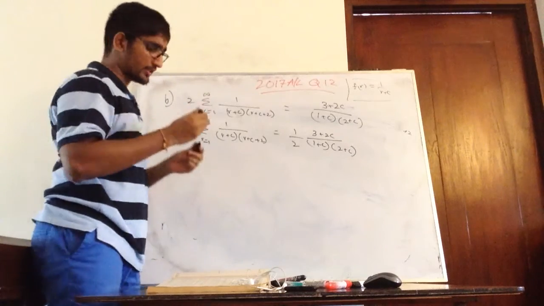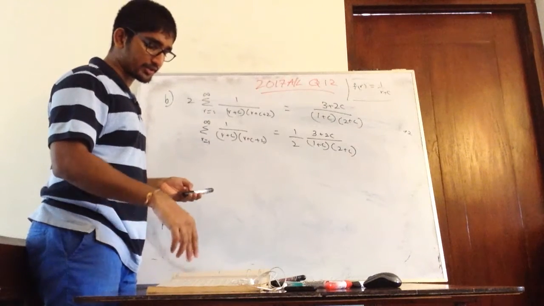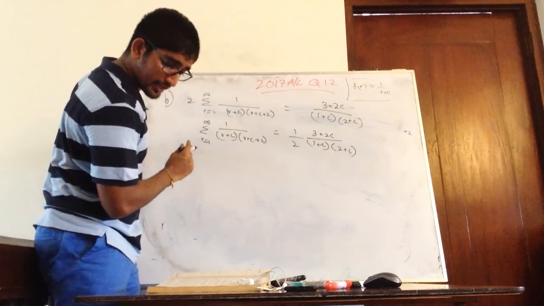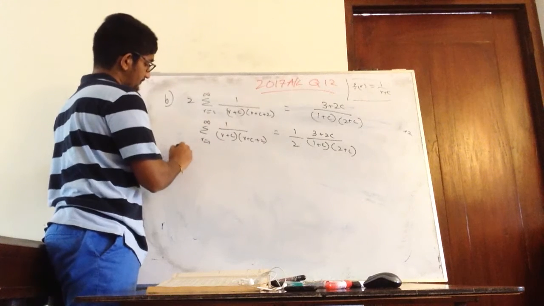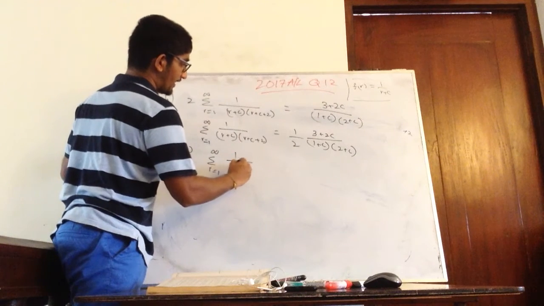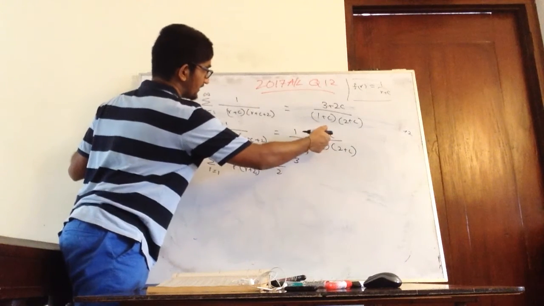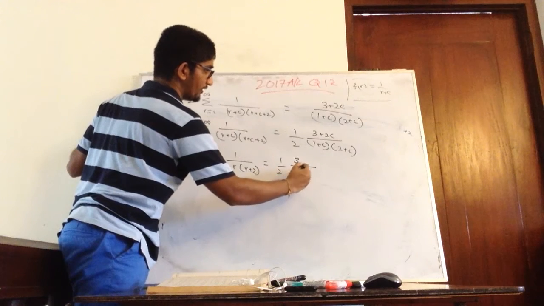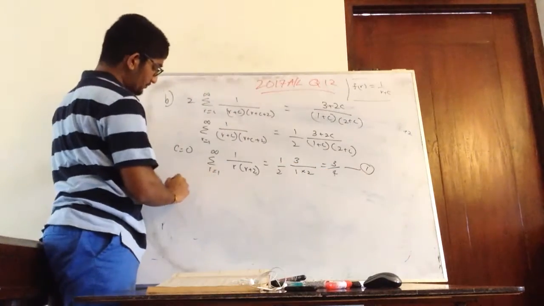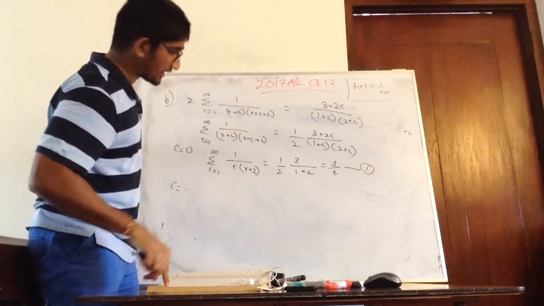So now I am going to put the relevant r values. So if you see the first part, that is 1 over r into r plus 2, no? So that means c is 0. Right? So when c is 0, I can say the sum of r plus 1, r plus 2 is going to be equal to 3 plus 0 over 2, 1 into 2. That is 3 over 4. This is number 1. So then I am going to get c equals what then? Then I am going to get c equals 1.